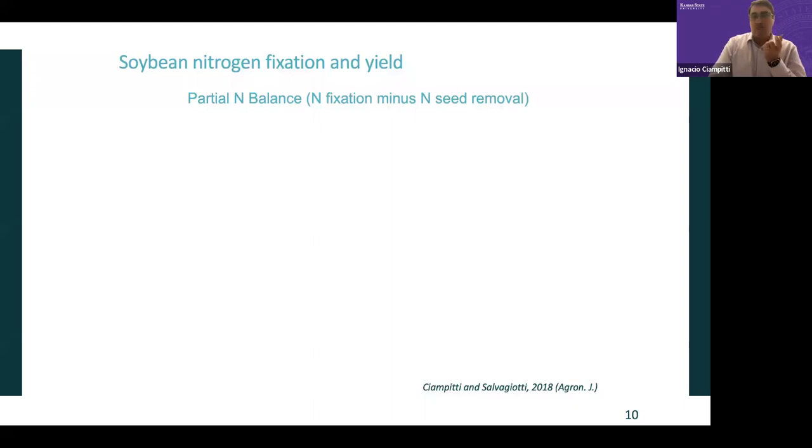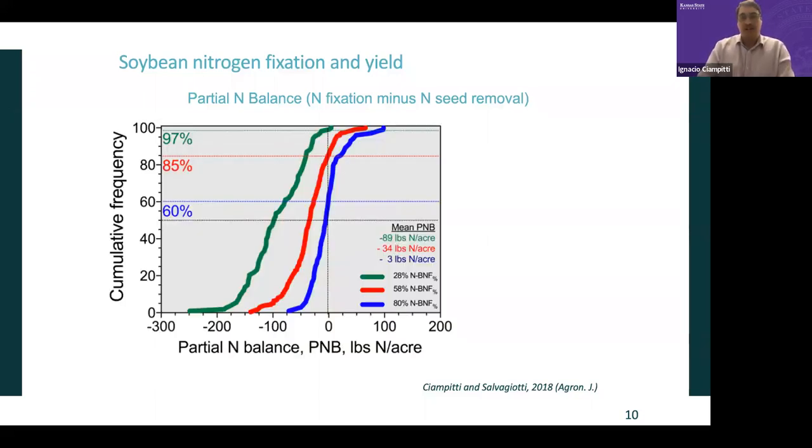And then there was a question, when we discussed this study, that was connected to the partial balance. And partial balance, the way that we are seeing it here, is very simple. If I'm fixing 50, 60% of my total demand, and if I'm removing 70%, my balance in many situations might be negative, which means that I'm fixing less than I'm removing. So we started investigating all the research conducted on this aspect, mainly focused on without considering root contribution. And then what we started finding is a situation like this one.